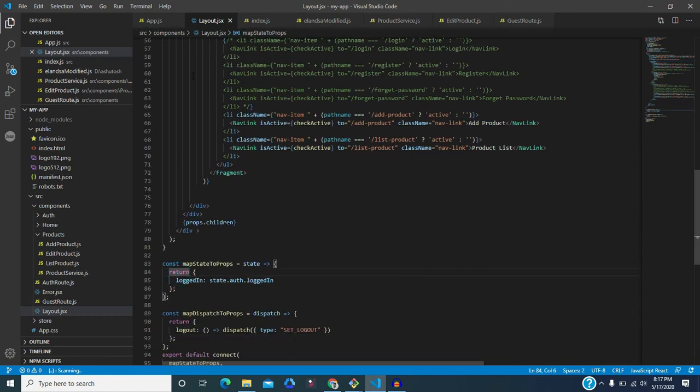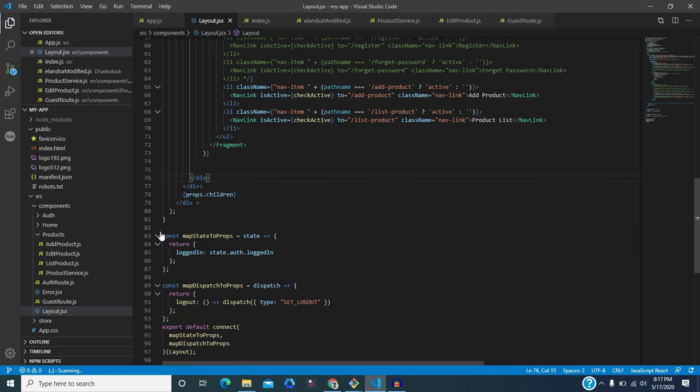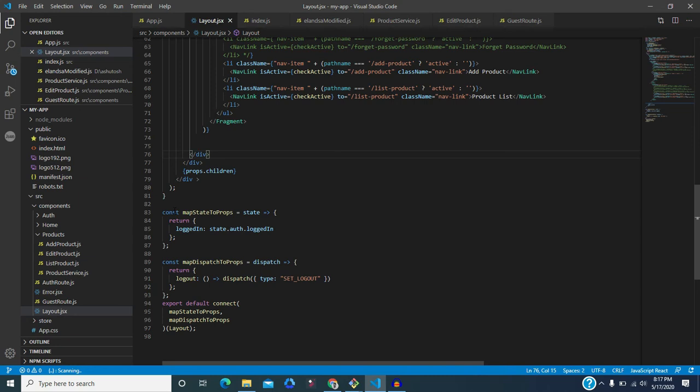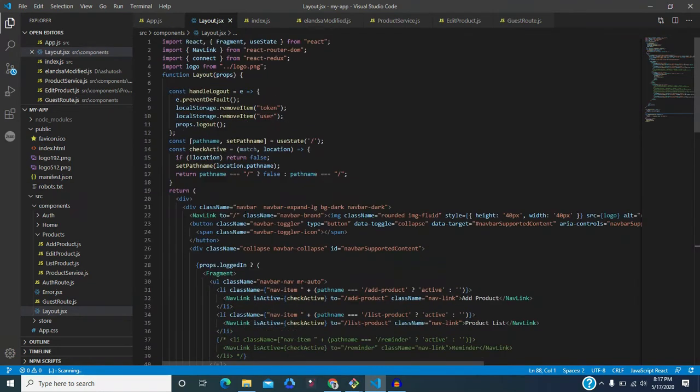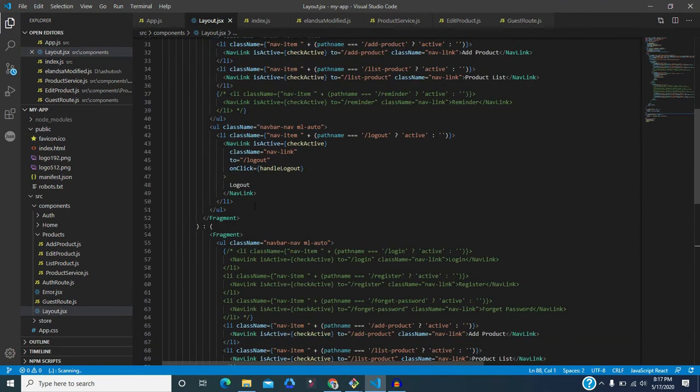This is basically a Redux part. In this particular video I am not going to talk about Redux. You will understand it later, because if you try to understand Redux in this video, then it will be a little bit confusing for you. That's why I am leaving this. But if you want to attach authentication, then in that particular case you require this code. That's why I kept it as it is. That's all about JSX. Layout.jsx.